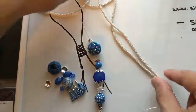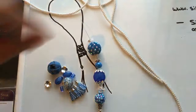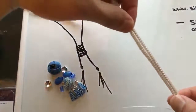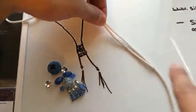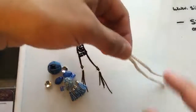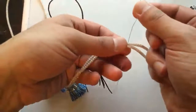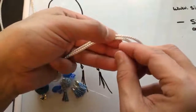Now, lucky for us, this comes in a 3-foot package, and so I'm using all 3 feet here in this particular design. And what I want to do is pick up this bottom area. I'm probably measuring a good solid 3 inches of knitted wire here, the Pearlesque chain, and then probably 6 inches at the tail here. So that should give me enough to work with. And what I'm going to do is just kind of eyeball and work up there. So I'm using 26 gauge craft wire in silver. I do want to make sure that it is the same color as my